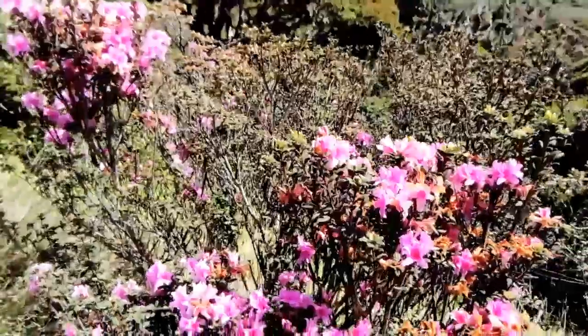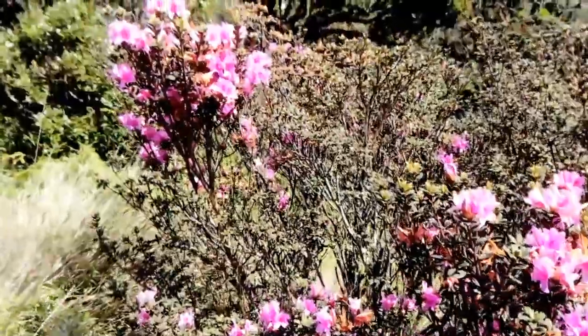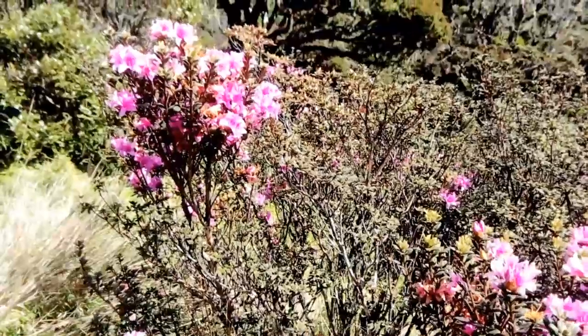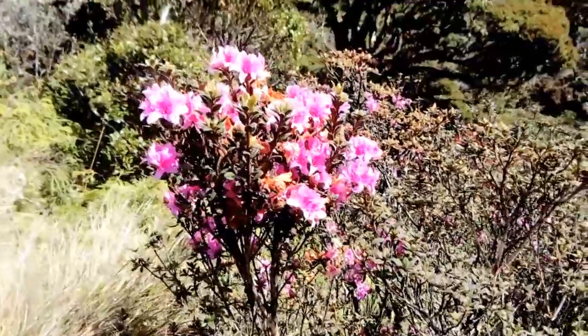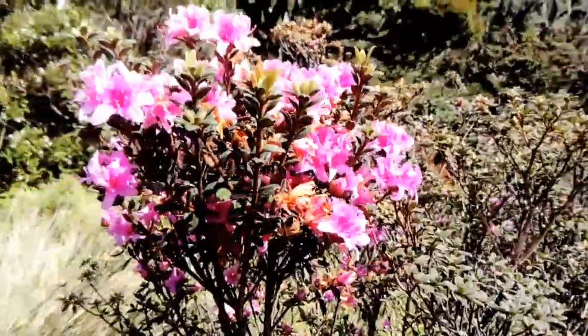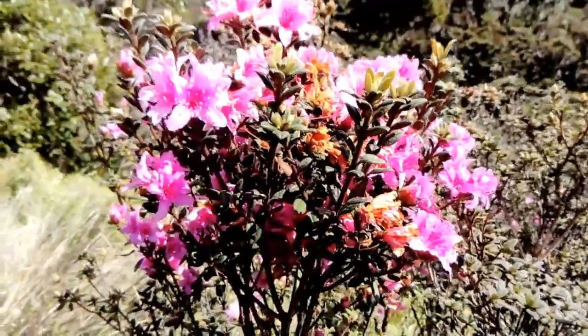So here's a rare sight for a tropical country like the Philippines, rhododendrons. But up here on Mount Pulag at 2,500 meters, the weather's pretty temperate. It's pretty cool most of the time. So we have a couple of rhododendron species. This is a pretty small flowering one. I suppose we would call it an azalea really, with its tiny flowers. But there it is anyway. And this is kind of quite